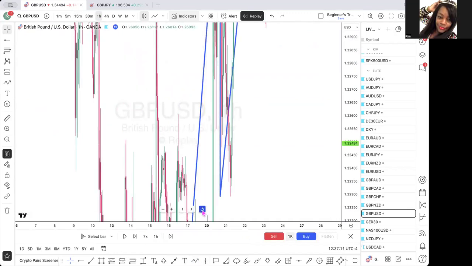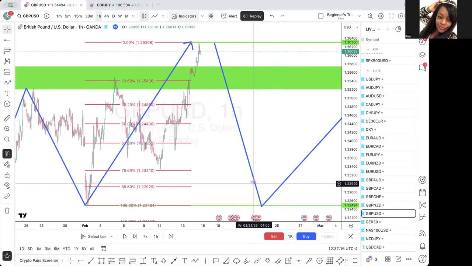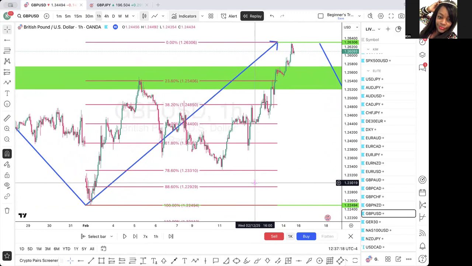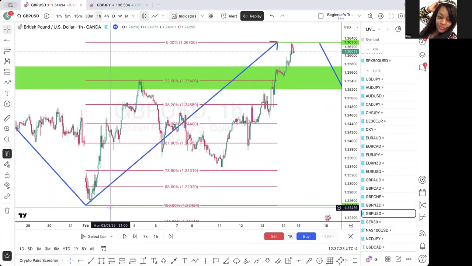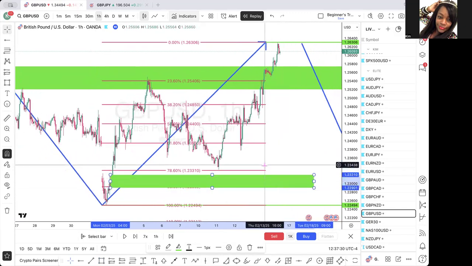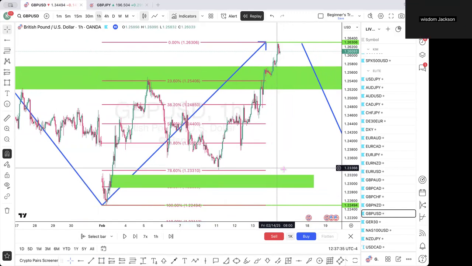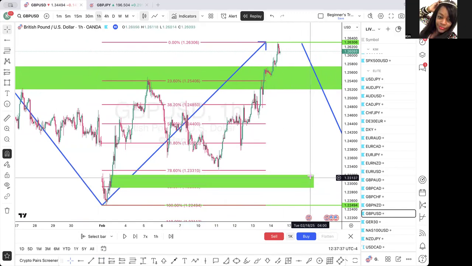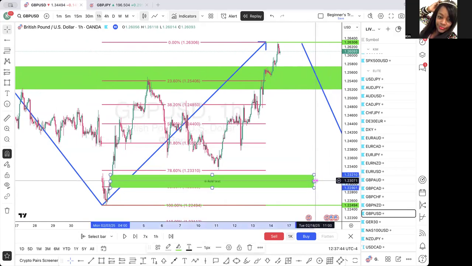But I would need to see that sweep on the 1 hour. I would need to see price come back down. Like I said, because there was no clear demand zone other than this right here. That means price would have to come there at the 78 or the 88, right? That means price would have to come here and then give me a shift in structure. If I don't see a shift in structure, then I know